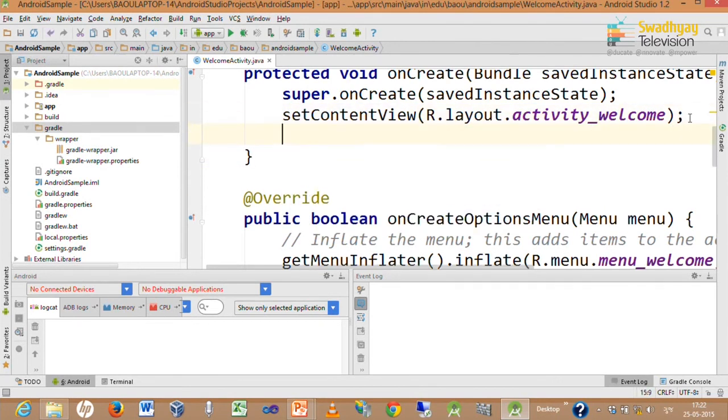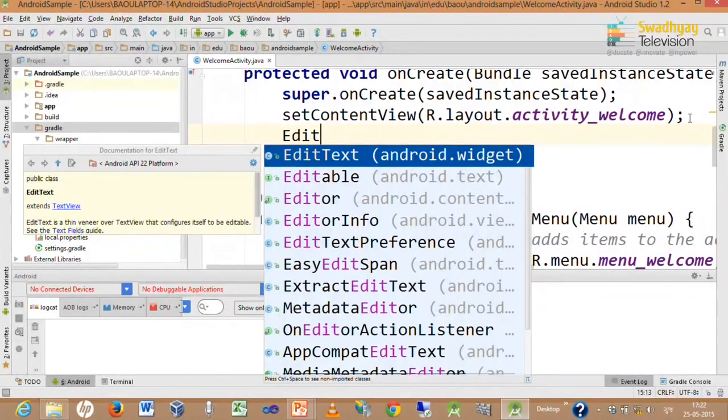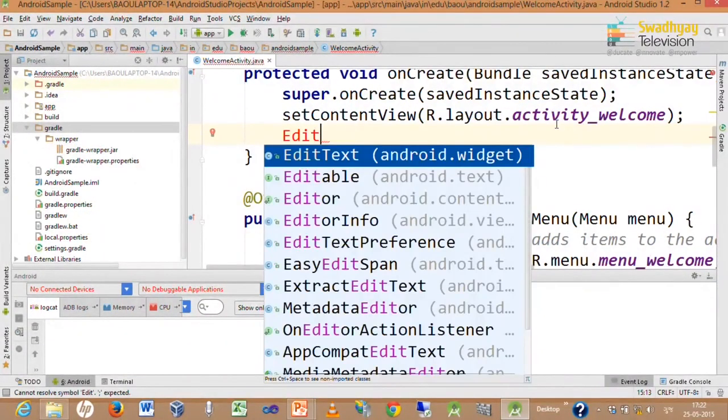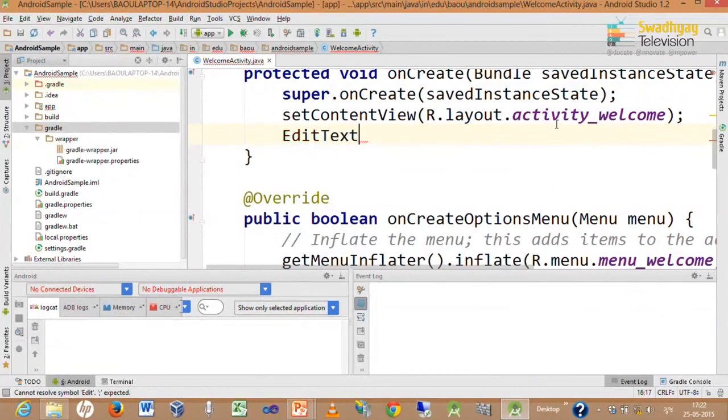Now suppose I want autocomplete for my coding, I can type edit and then press Ctrl+Space. It will display anything which starts with edit. This is how you can quickly get help for coding. Suppose I select EditText and press Enter, that will be automatically displayed. So this is how you can customize your code environment window.